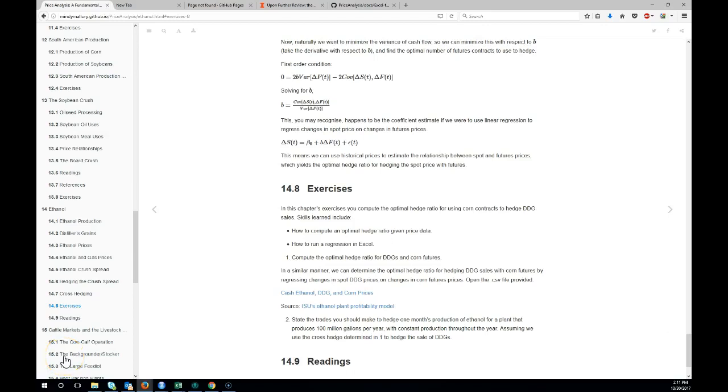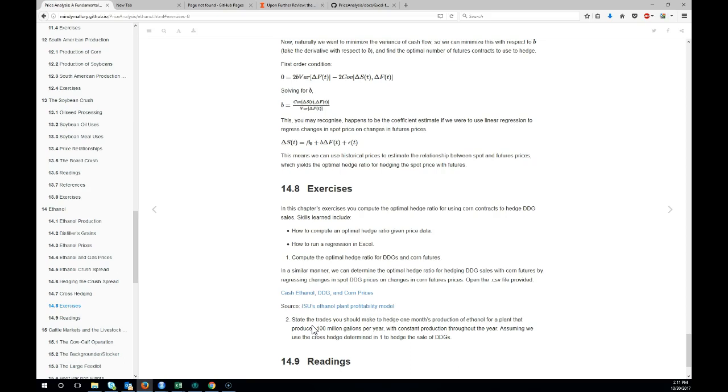Alright, continuing the lab exercises for Chapter 14. In the previous video, we basically did number 1, and we computed the optimal hedge ratio. And we're going to move on to number 2. And it says all we're going to do, we're not going to do the full-on calculation for hedging from the